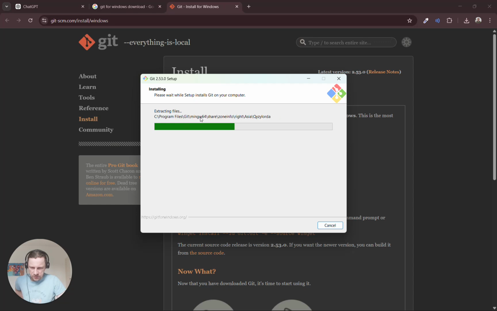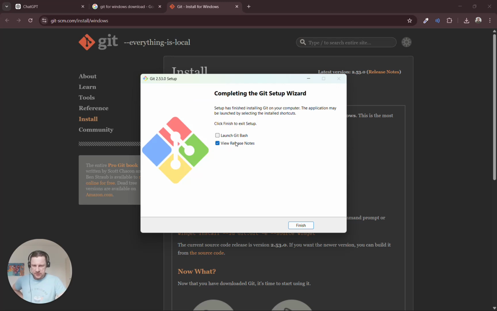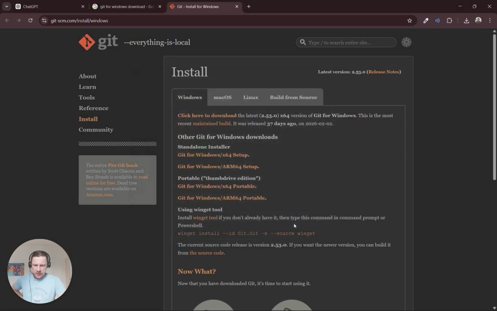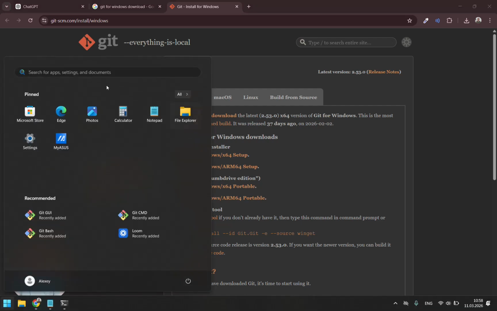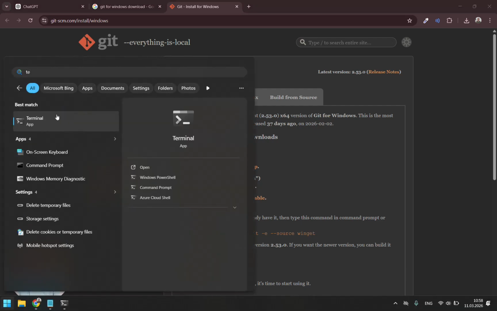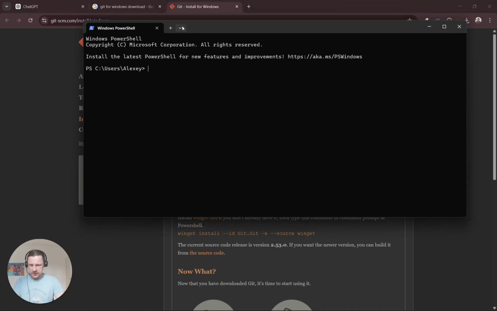I don't know how to pronounce it, but basically this is Bash for Windows, right? I can see that it's also installing Vim and a bunch of other things, but basically we will have Bash that we can use in Windows, and since it conveniently added a profile in my terminal, so we can see that